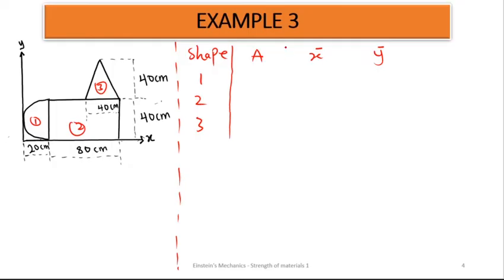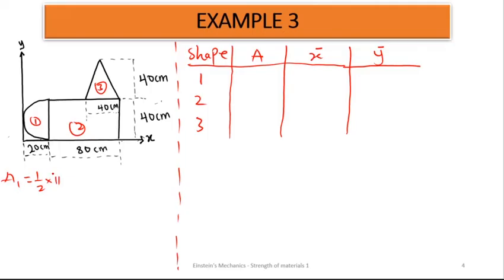You get it nicely, and once you fill the table, everything is complete. So here, the same area 1 is a semicircle, which is half pi r squared. Looking at this diagram, the diameter is given as 40. D is 40. So our r will be 20 from the dimensions here. So that was 20 squared, and the area is going to give us